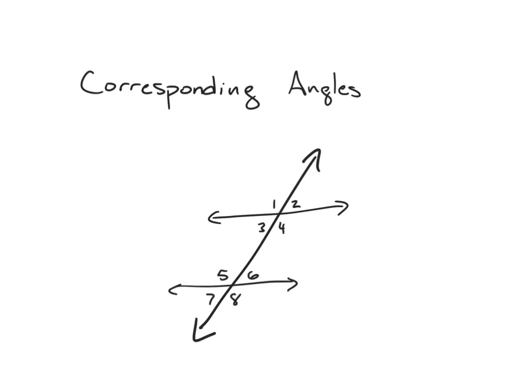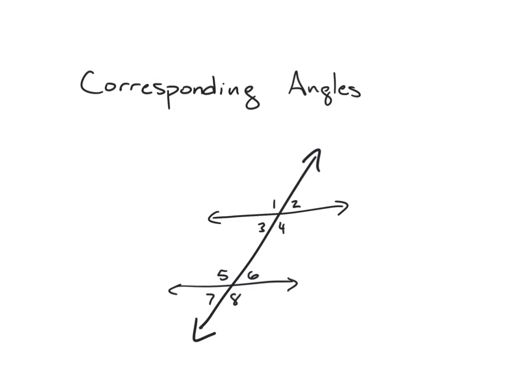All right, corresponding angles. We start here again with the transversal being very important. It's the line that intersects two or more other lines. Transversal is kind of important in this one. It's not as obvious as alternate interior or alternate exterior, but corresponding means basically that they're in corresponding positions, the same